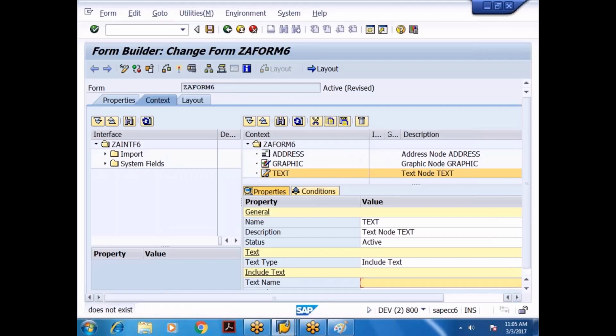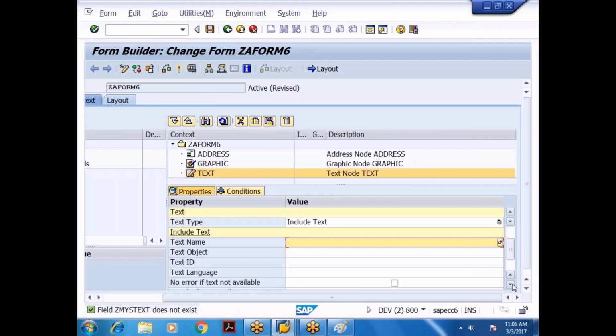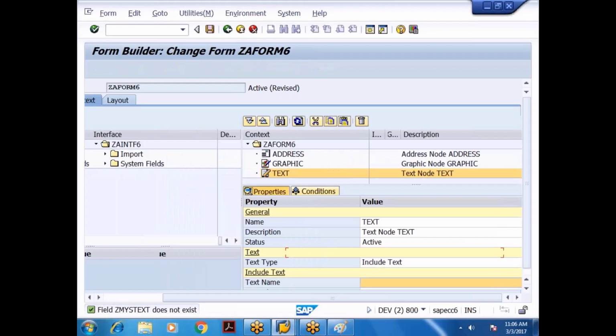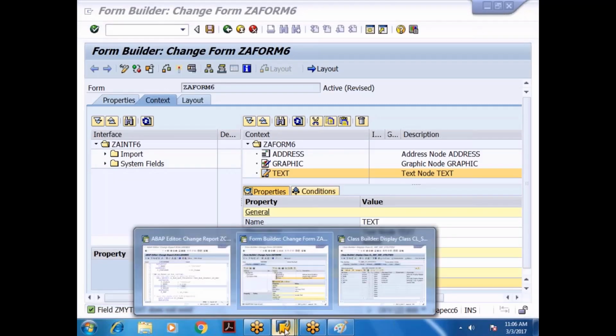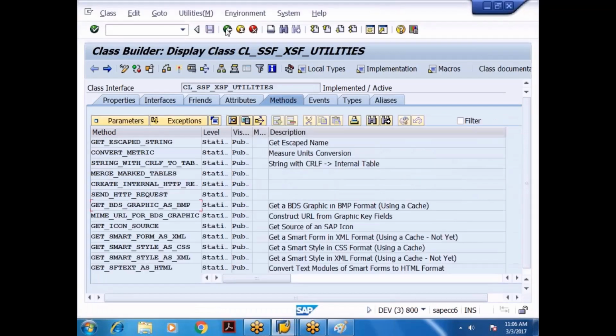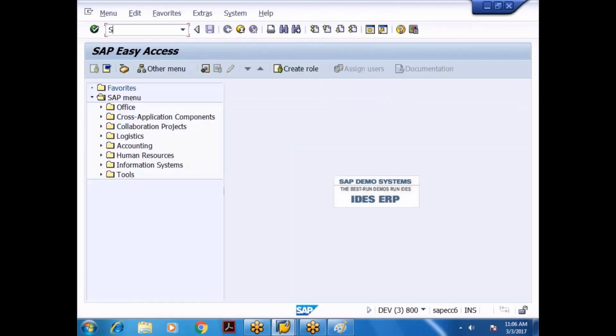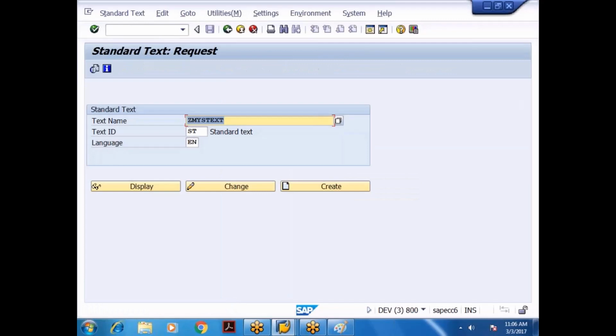S. What happened? Z my S text. Does not exist. Or only my text. Huh? Z my. S410.